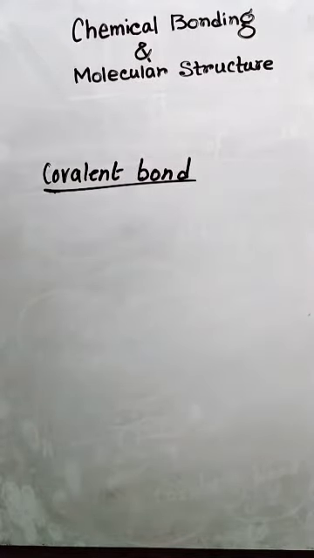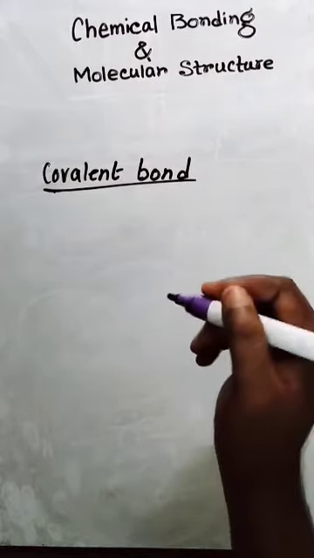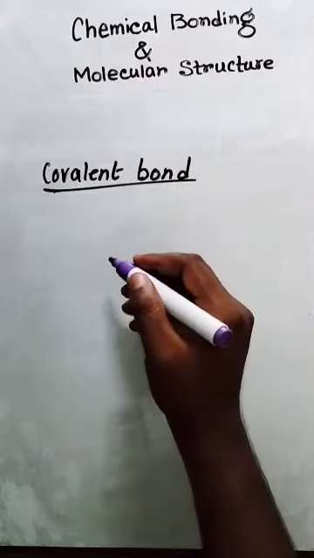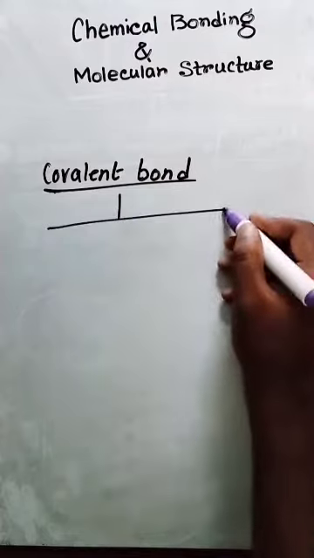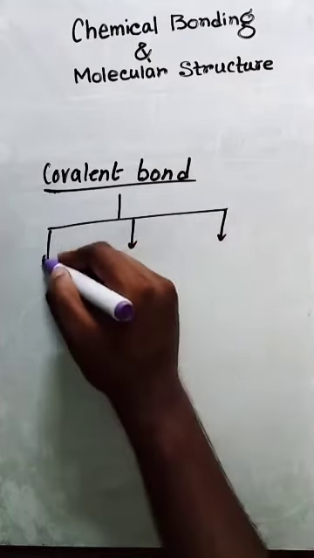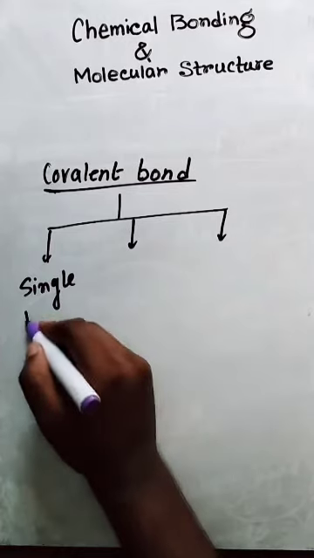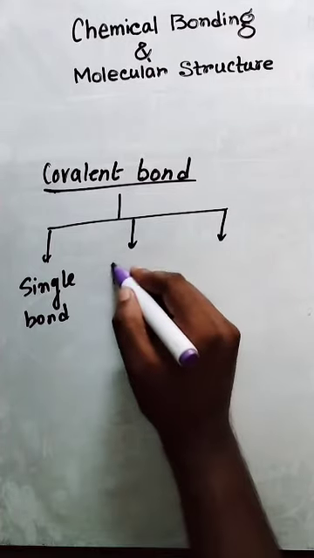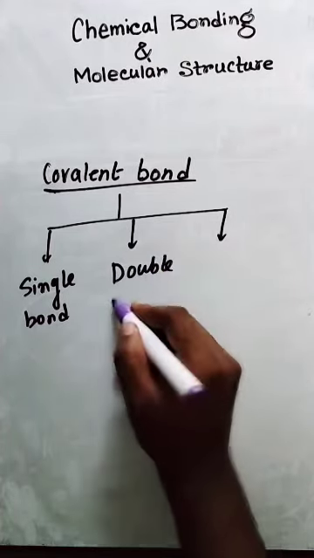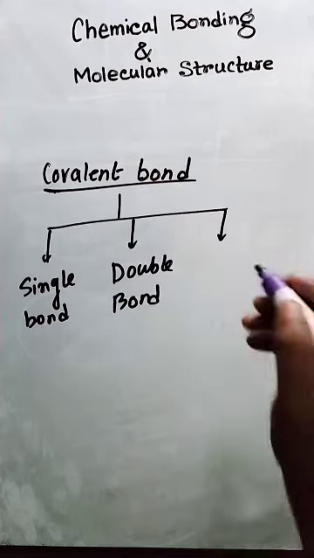So in a covalent bond, there is sharing of electrons. Covalent bonds can be classified into categories: single bond, double bond,